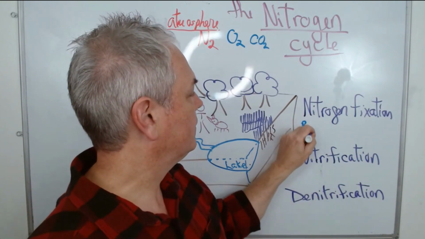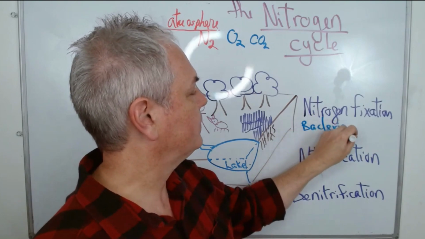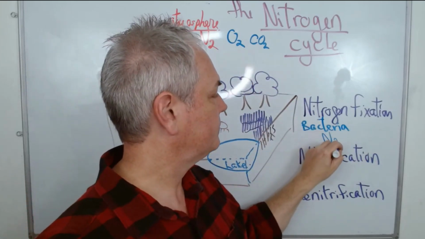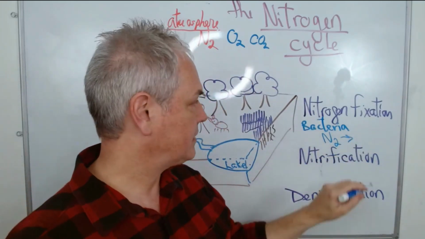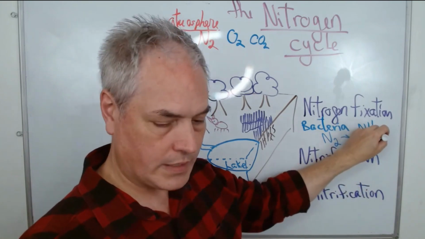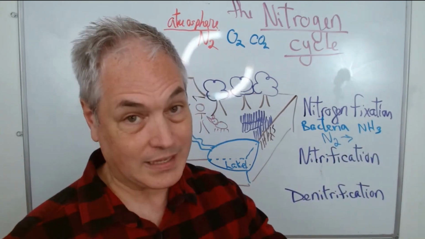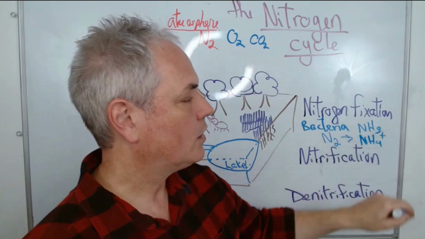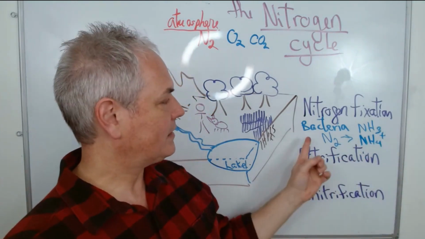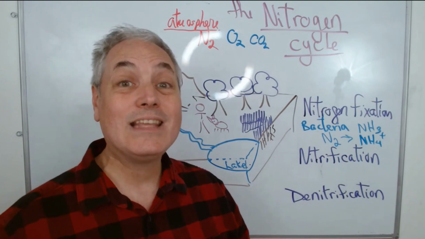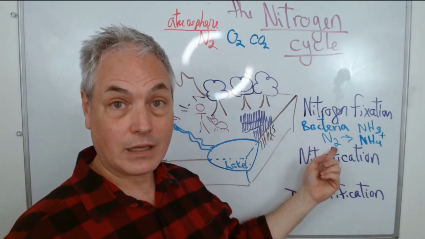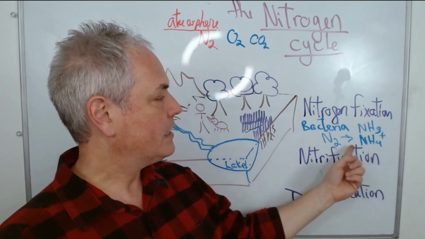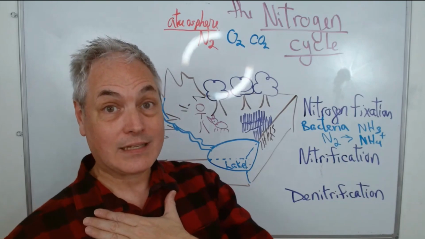So we have bacteria. So there are bacteria that will take the nitrogen like this and will create new substances. For example, NH3 like this, and NH3 being here ammoniac, and NH4, which is ammonium. Now, what's interesting with that is that those bacteria in their metabolism will take nitrogen gas and create these two new molecules.